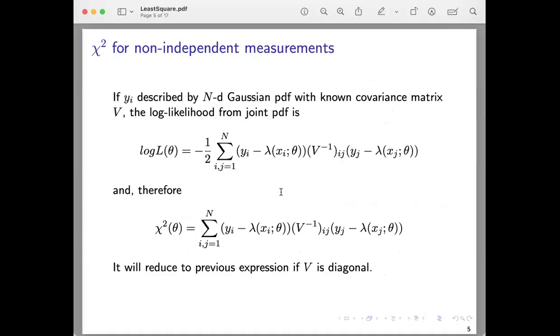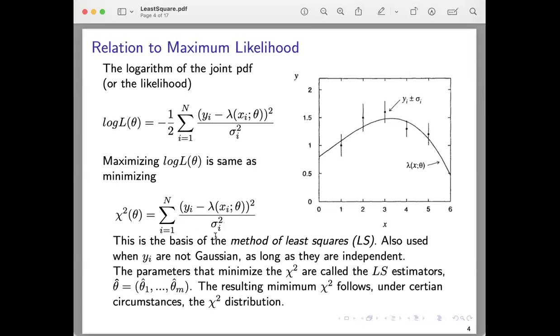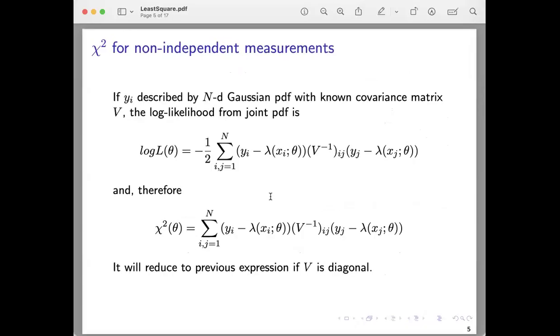If what we discussed here, that all these parameters were independent. Now it is possible that the points are independent, but the yi's are not actually independent; they are actually drawn from an n-dimensional Gaussian joint PDF with some known covariance matrix. Then in that case, you can write again the log likelihood function as log of L,